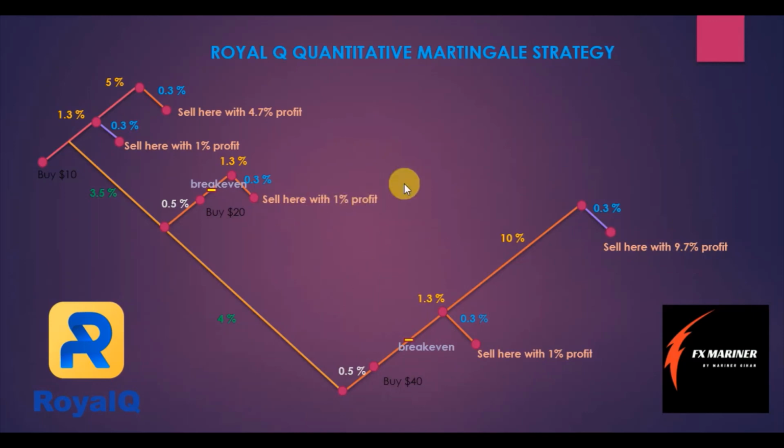The other thing is that once this one is closed with any profit, the bot will automatically start its second order. There's one more setting that you can put for how long to wait before the second order buys. It can be either immediate or any percentage from the closing price, right?